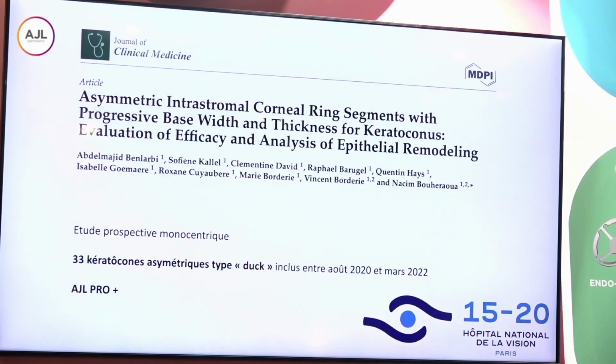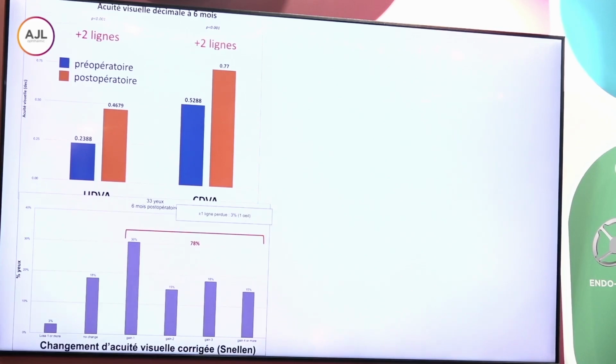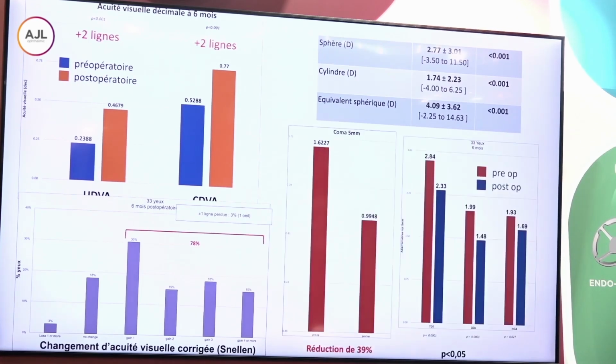We had 33 eyes in our study, but only duck type. We can say that uncorrected and corrected visual acuity at 6 months gained 2 lines between preoperative and postoperative. 78% of our patients had at least 2 lines of better visual acuity, with less sphere, less cylinder, and a better spherical equivalent. We had a reduction of 39% of the coma and